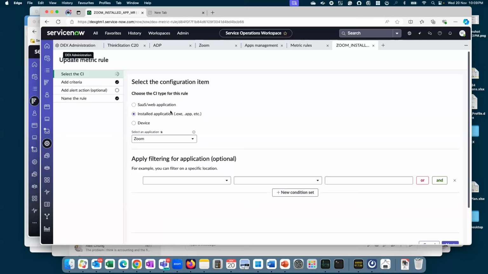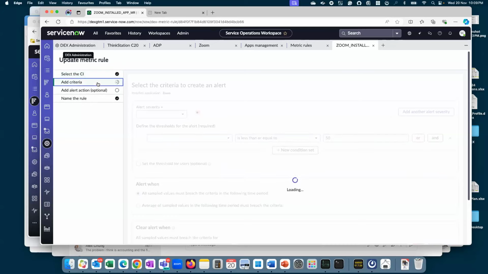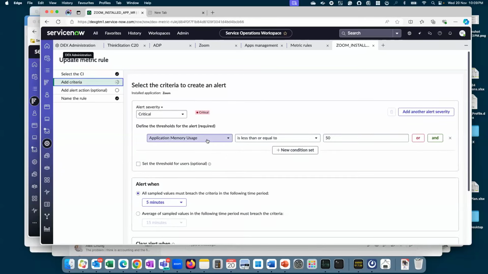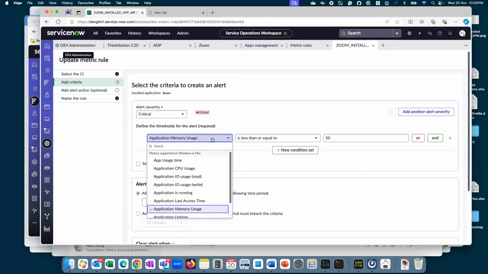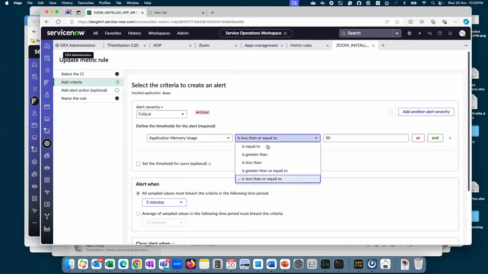So just for an example, I've selected this one, so I have the option to set this metric rule for a device or installed application or SaaS web application. So this particular example is about the installed application. So I can select that application for which I want to set the alerts or threshold values. Once I select the application, then I can set the criteria. So I want to set this metric rule to check this particular threshold value. So for example, application memory usage is less than or equal to 50, or maybe is greater than 50, then